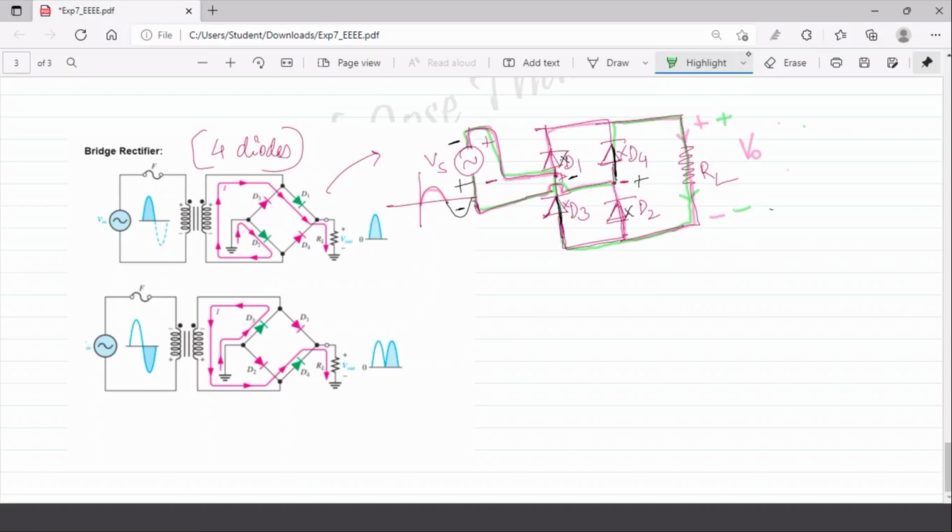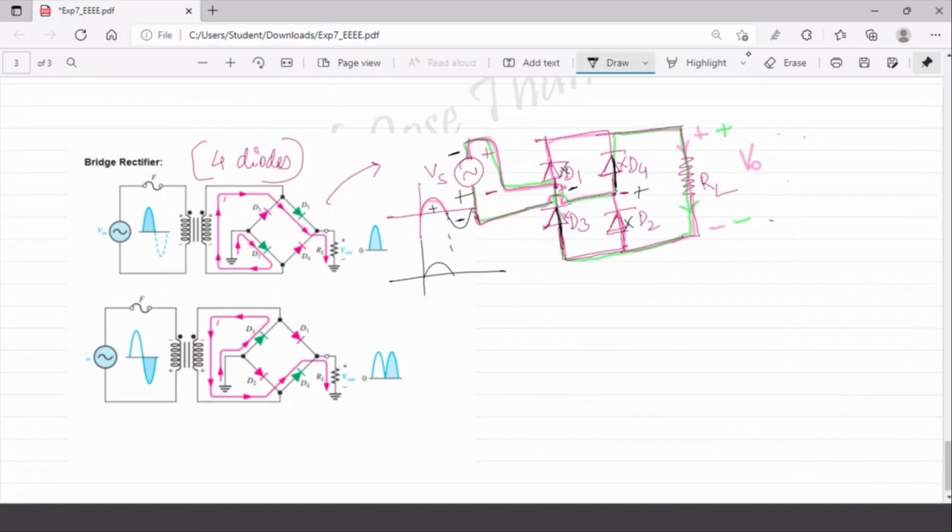So what can you say? You can say that if this is your input voltage, positive as well as negative, then what is the output voltage? Output voltage is coming out to be positive for this half. Also for the negative half also it is coming out to be positive itself. So this is how your full wave rectification is done using a bridge type of circuit. And for bridge type circuit also, what is the waveform?